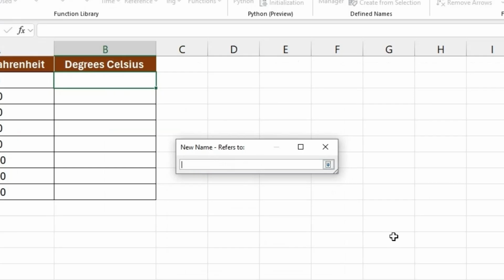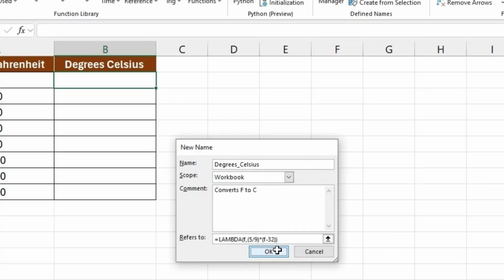And then Refers To, so this will be the function. We can type equals LAMBDA, and then we can do an opening parenthesis. And so we'll just need one parameter. So the parameter in this case could be F. So we want it to be Fahrenheit or whatever cell we choose to hold that value. And so now a comma, and then we'll want to do the calculation. So the calculation will be 5/9, and then multiplied by, in parentheses, F, which will be that stored parameter, minus 32. You can close that parentheses and then close the parentheses for the whole Lambda function